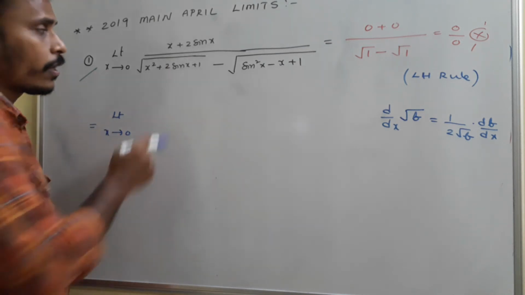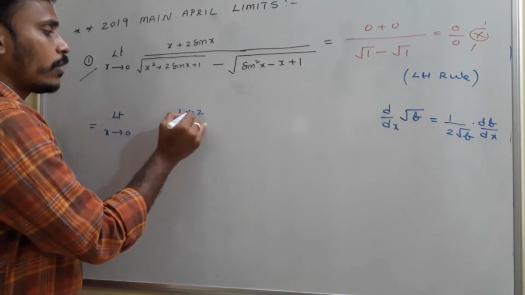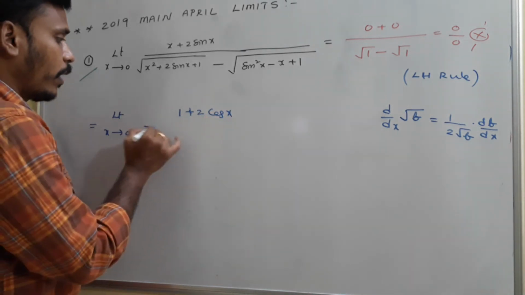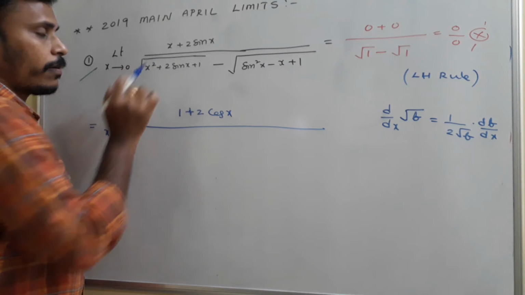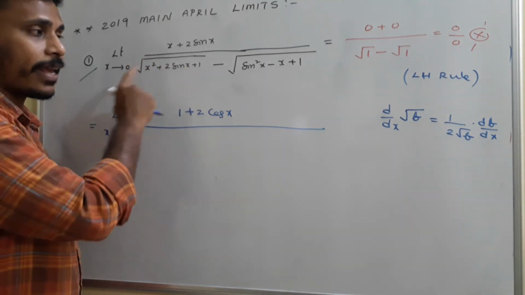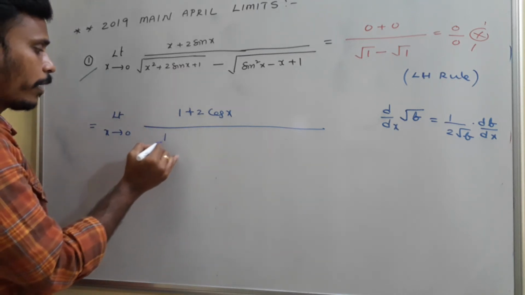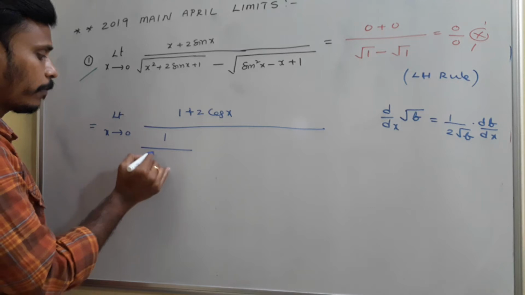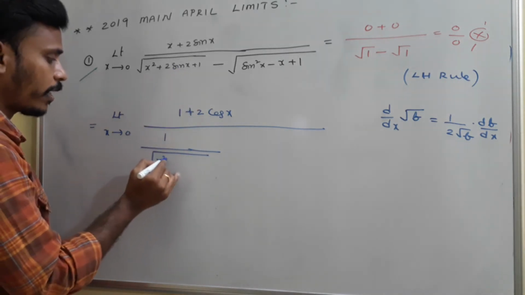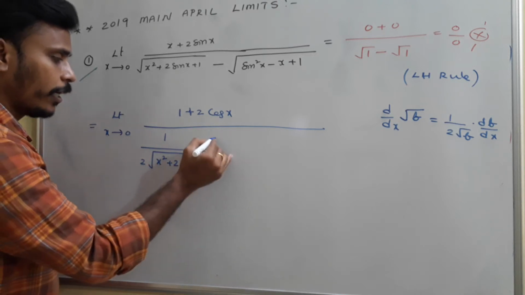According to L'Hospital rule, the given problem is simply limit x tends to 0. The derivative of x is 1, plus 2 into the derivative of sin x, which is cos x. So 1 plus 2 cos x divided by the first term, root of x square plus 2 sin x plus 1, just like root f. Its derivative is 1 by 2 root f. First of all, 1 by 2 root f means 1 by 2 root of this complete term, x square plus 2 sin x plus 1, into